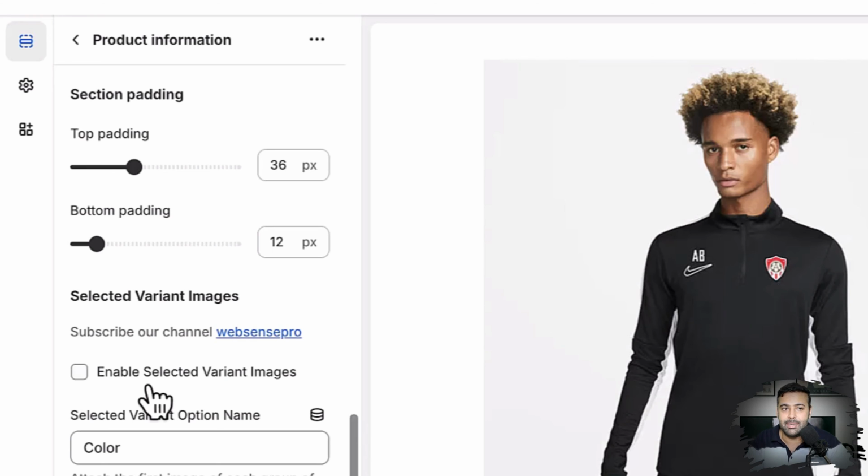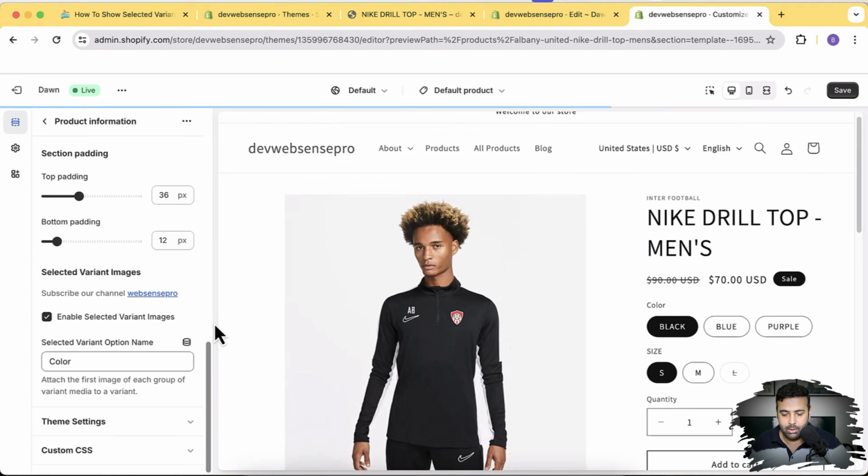The reason for that is that if you want to have multiple templates on your product page, for some products you want the selected variant images feature, and for some products you don't. You can simply create a new template and uncheck this option if you don't want this feature, right? But we want selected variant images for this product, so I'm just going to enable that.